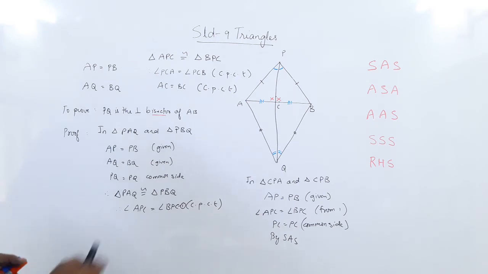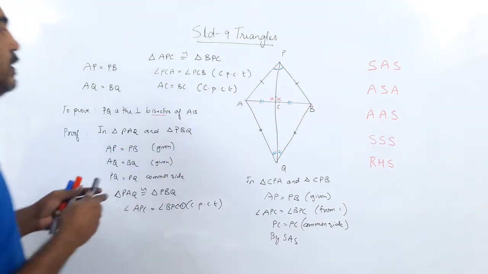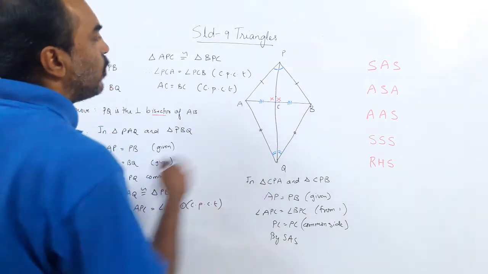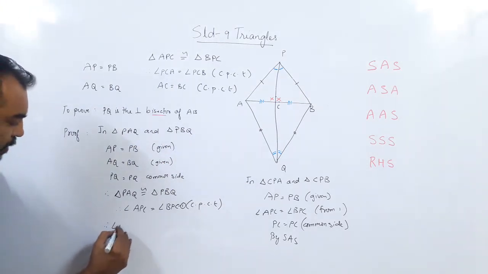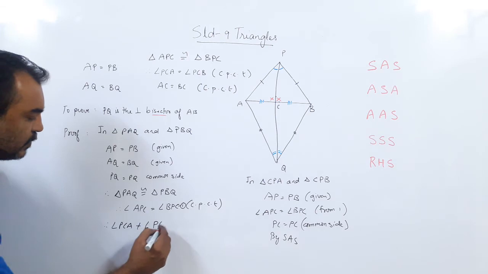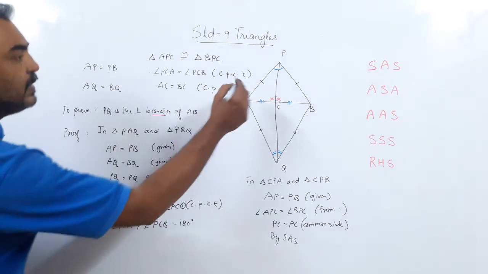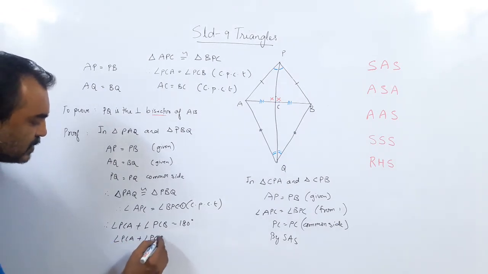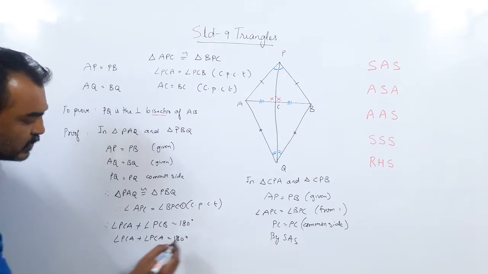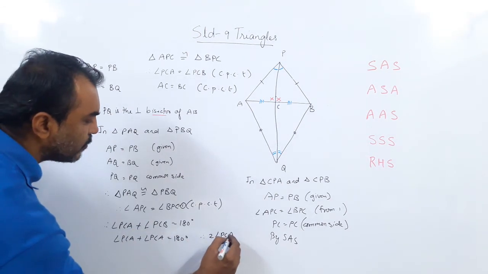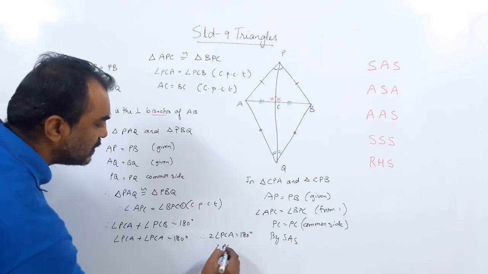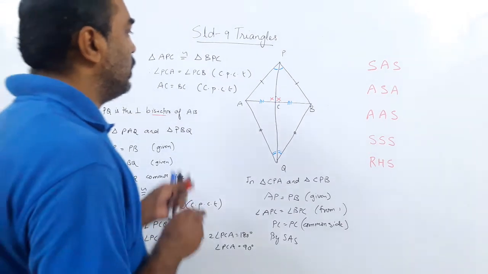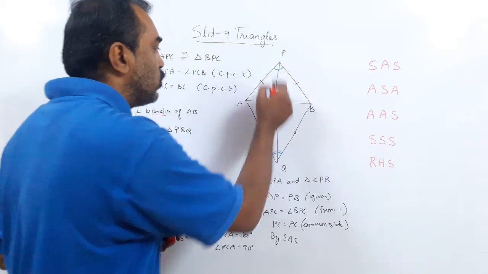That is perpendicular. So we have angle PCA equal to PCB. But if you look here, AB is a line segment, so PCA and PCB form a linear pair. Therefore, angle PCA plus angle PCB equals 180 degrees. They form a linear pair. But these two are equal. So I can write angle PCA plus angle PCA equals 180 degrees. Therefore, 2 angle PCA equals 180 degrees, or angle PCA equals 90 degrees. Hence, we have angle PCA equal to 90 degrees. So this is also perpendicular now.